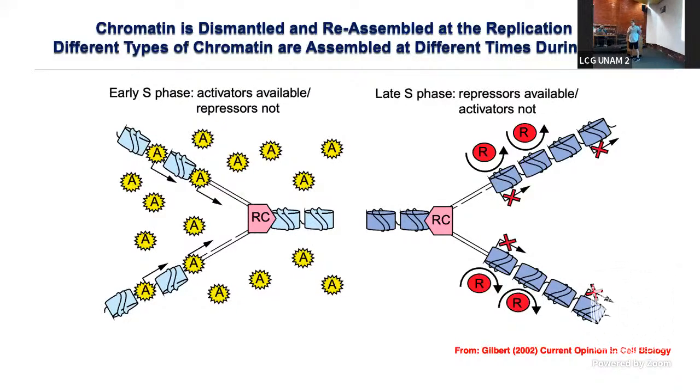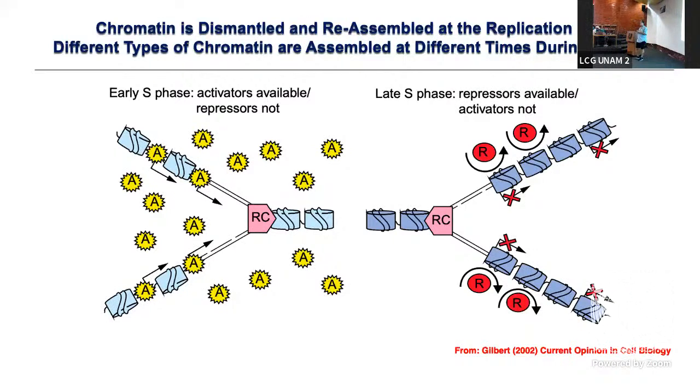We know de facto that chromatin is assembled at the replication fork. We can't deny that, right? And it's torn all the way down to the nucleotides and then reassembled all the way back up. So that's the facts. And then my instinct is, why would Mother Nature waste that opportunity? She's completely erased chromatin. Why would she waste it to not either maintain chromatin if you're the same kind of cell or change it if you need to change it, right? That would be the place to do it, right when you're building it up. And we know that different types of chromatin are assembled at different times during S phase. So the model was that early, different types of chromatin are assembled and that replication timing controls the epigenome.